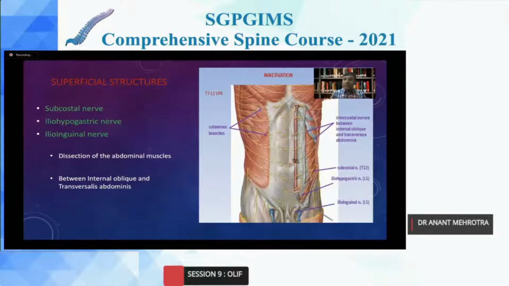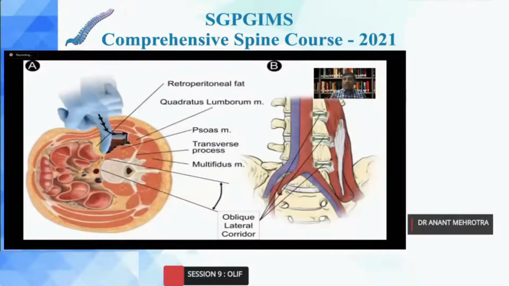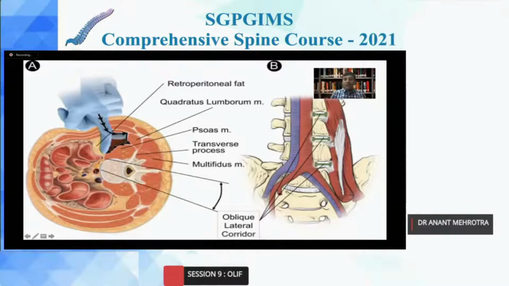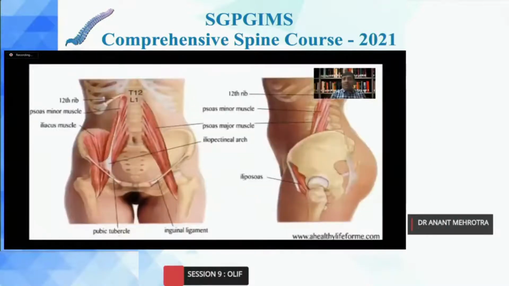You have to preserve these nerves, because if these nerves are injured, then the patient might land up with a patch of hypoesthesia on the anterior or the lateral abdominal wall, which might be very discomforting for the patient. Now, once you enter the abdominal cavity, firstly you try to hit the quadratus lumborum muscle, and then you slide your finger over the psoas muscle, and then you push the retroperitoneal contents anteriorly, so that you can develop a space between the aorta and the psoas muscle here.